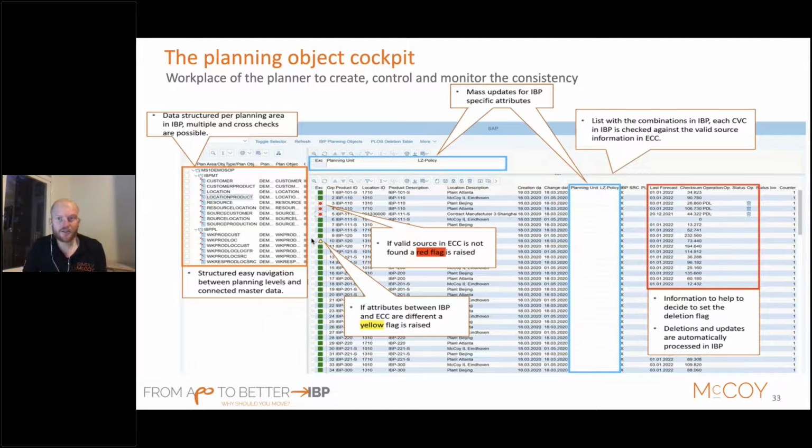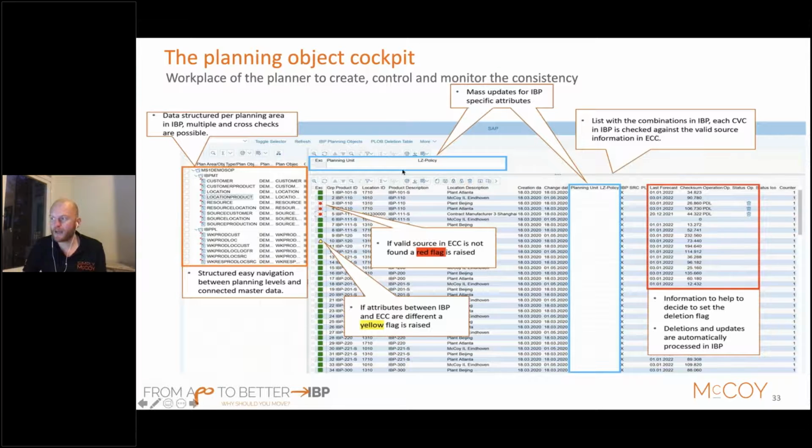Last but not least, you can also mass update or maintain specific IBP master data, like lot size policy or planning units, which is not really sourced from the ECC system. So usually this is sourced from BW or sometimes even via flat file. The tool can help you to maintain and support also this process to make sure that all the data you have in IBP is maintained from this single point of view.